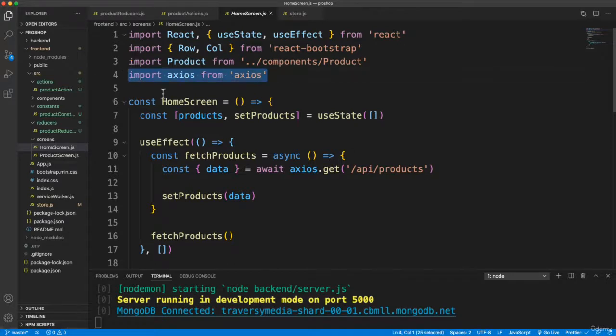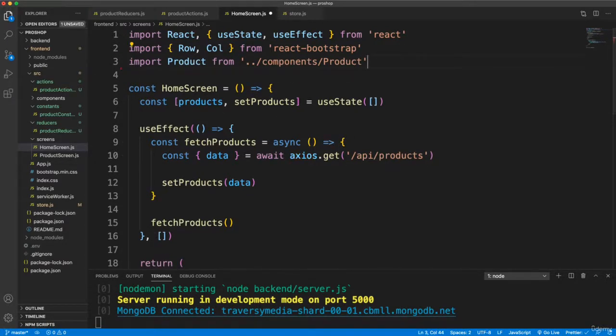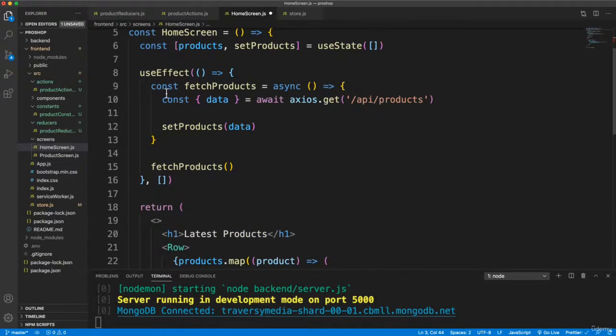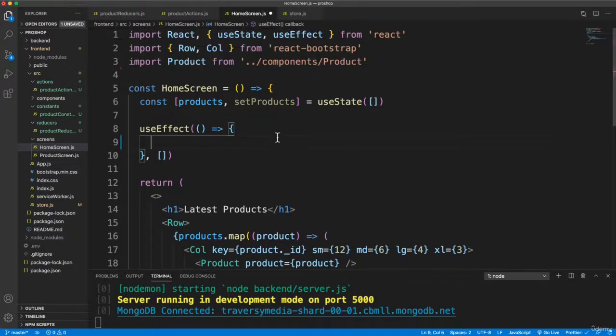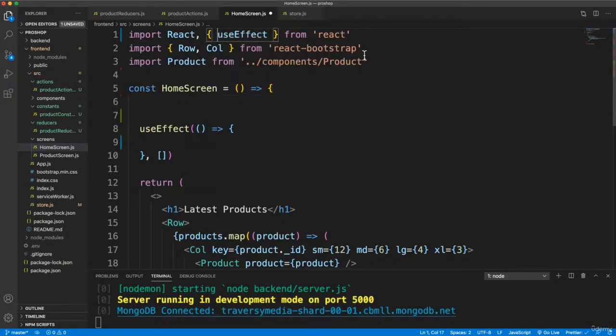So we want to get rid of Axios, and in the useEffect, I'm just going to clear this out. I'm going to keep the useEffect, but just clear everything out in it. And then we don't need to set products as our local state anymore, or our component level state. So we can get rid of that. We don't even need useState. Now to